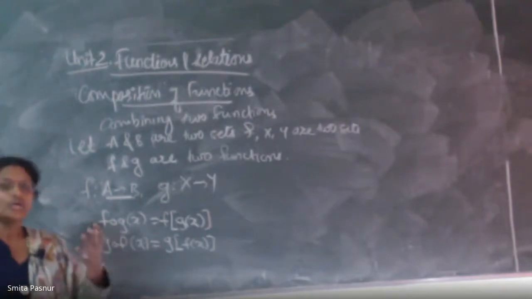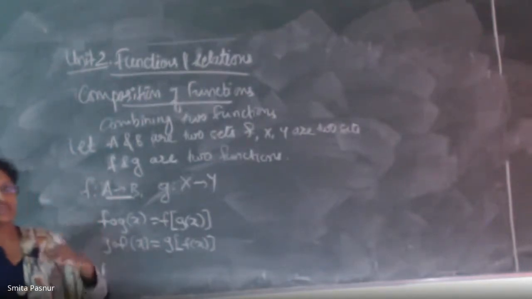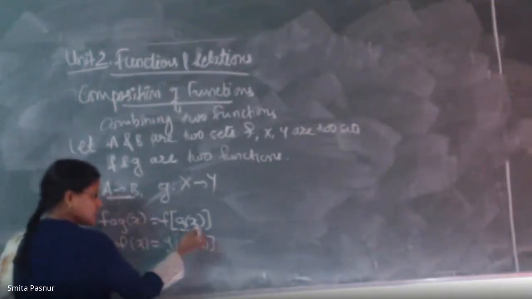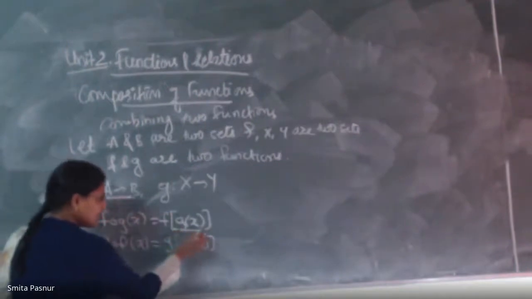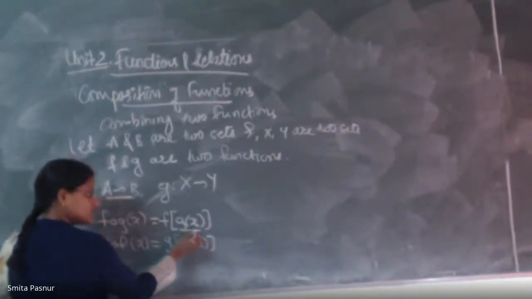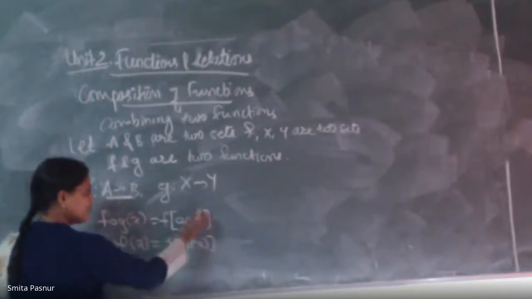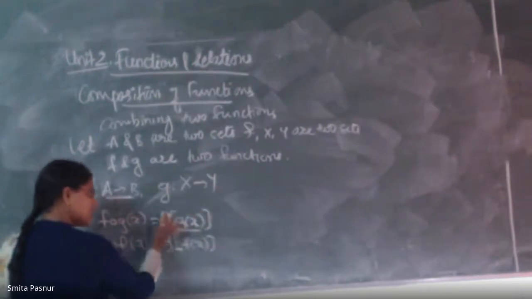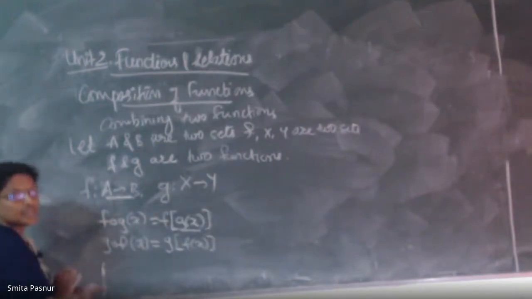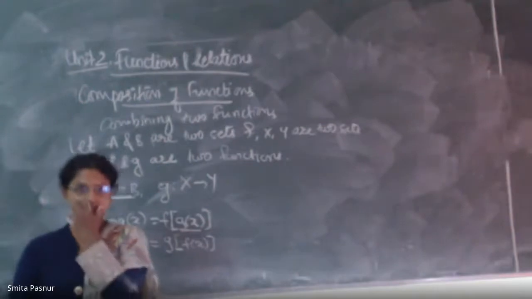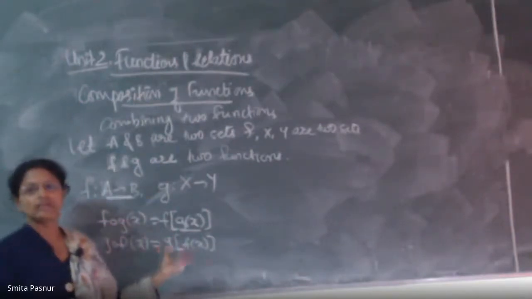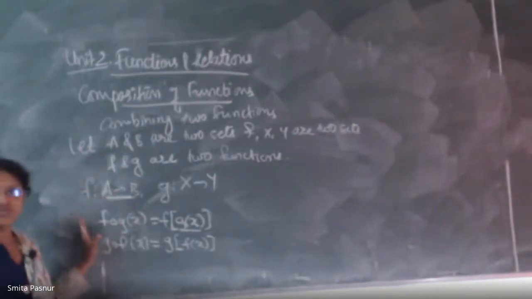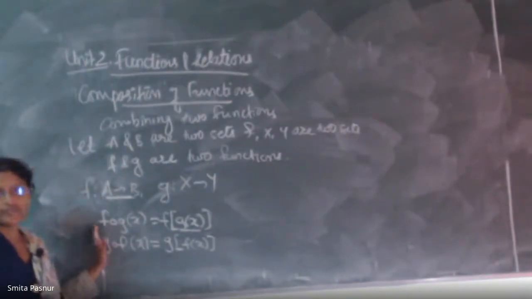As I told you, the output of one function is given as input to the next function. Means what? From here, first you are going to find G of X. Whatever output you get from G of X, you give it to F. Means first you find G of X, and then you find F of that. Is that clear? In the example we will see the same thing. We are going to use this rule to find the composition of the given functions. So is this clear, all of you? What is composition of function?